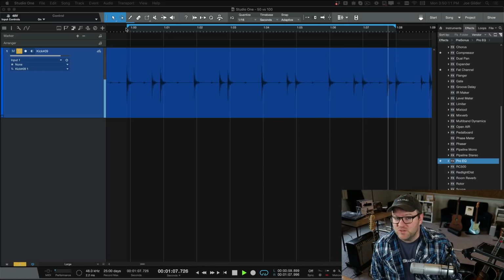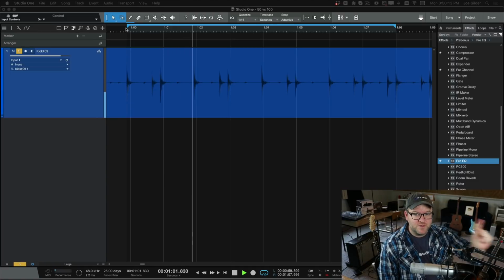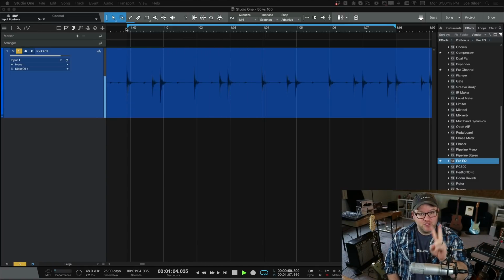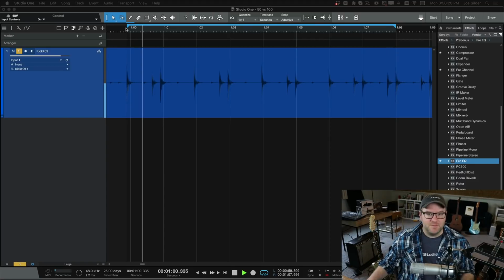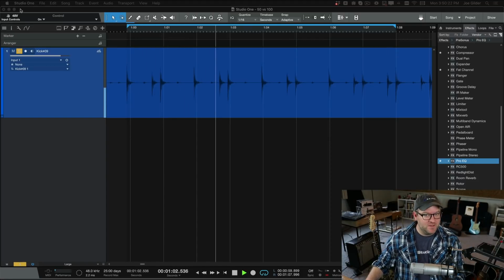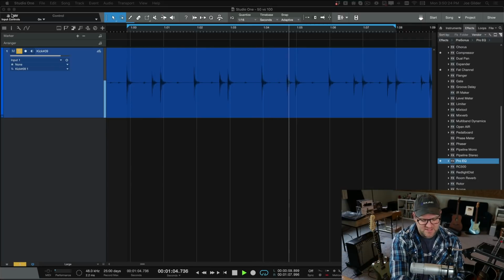Now, I've got an EQ set up on this track on another screen that you can't see, and I've got two boosts set up, one at 50 hertz and one at 100 hertz. I'm going to engage one of those boosts now and guess which one it is, okay? Here we go.